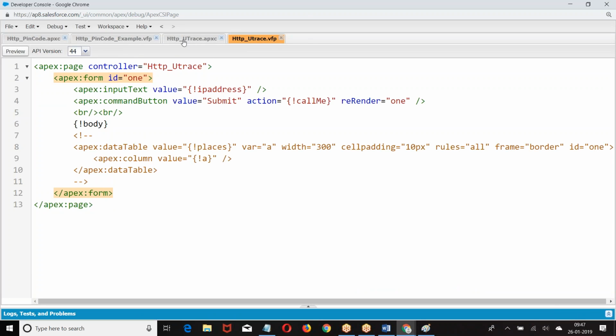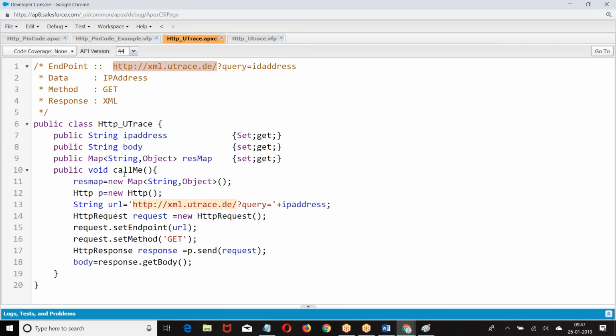There is some bug here. What was the bug? Only body.